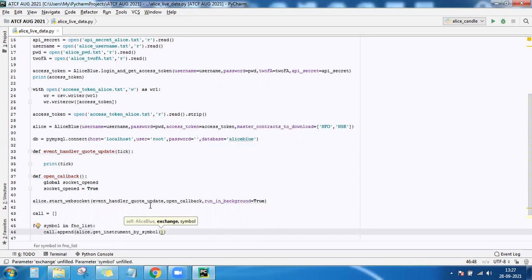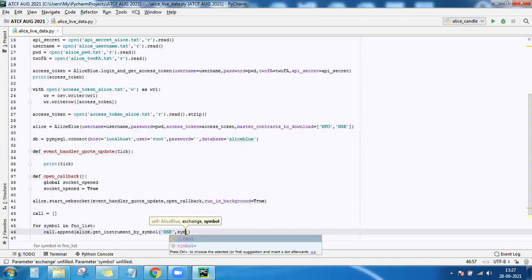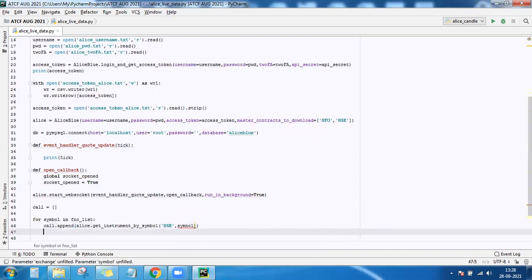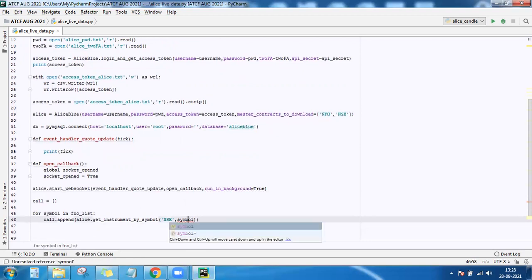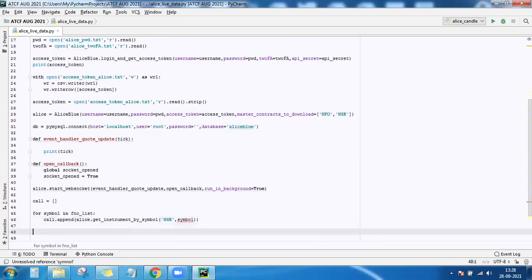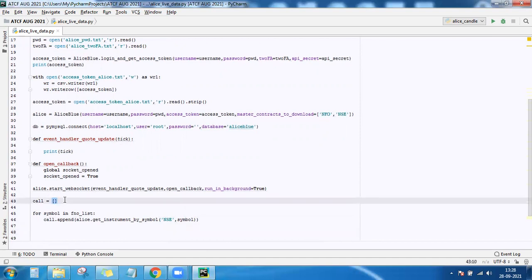In this get instrument by symbol, first you have to say about the exchange and then the symbol, whatever you already have. So if you do this, it will be converted into the instrument object, because it does not understand the string, and then it will append to the empty list. So till now, what did we do is we just have converted the strings that we have into an instrument object. We still did not ask for the live data.